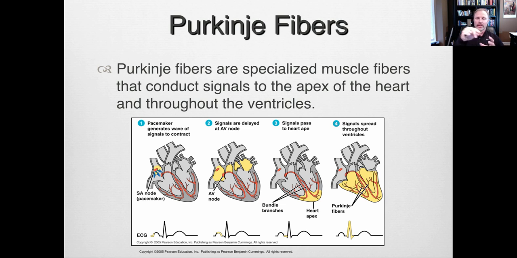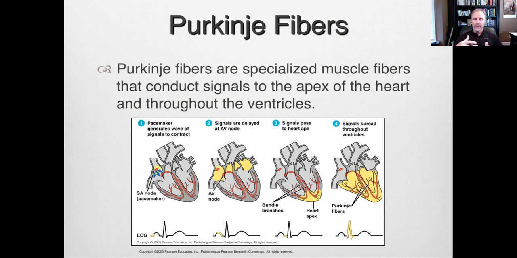These are going to relay this nerve impulse down to the apex of the heart, which is the point you can see labeled here. And then as this contracts, we were talking about in class that the heart kind of goes like this when it's contracting, acting to wring out the blood that's in there. So when it's doing that, the valves, we said, are slamming shut so that the blood doesn't flow back into the atria. And now these ventricles are emptying, and then as soon as that cycle is done, the SA node